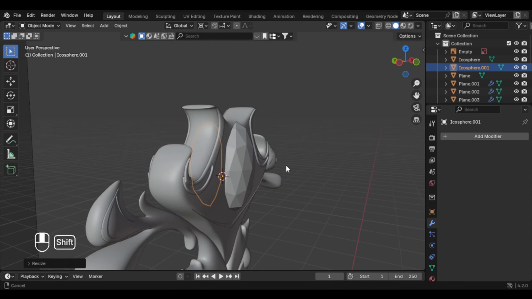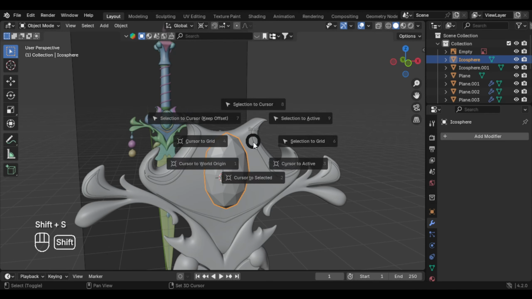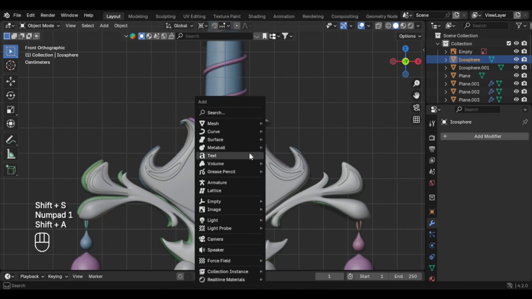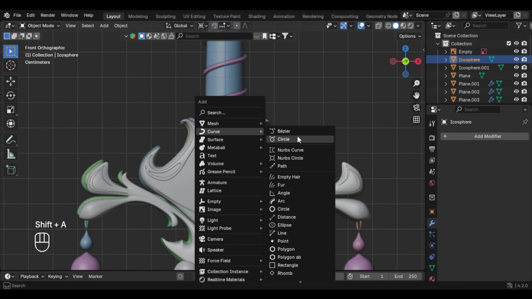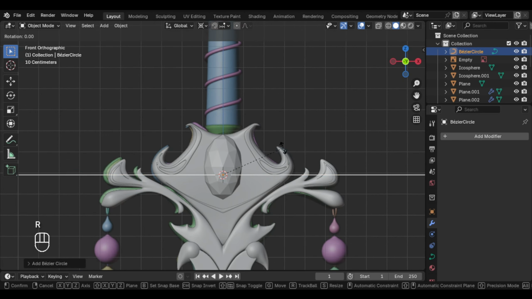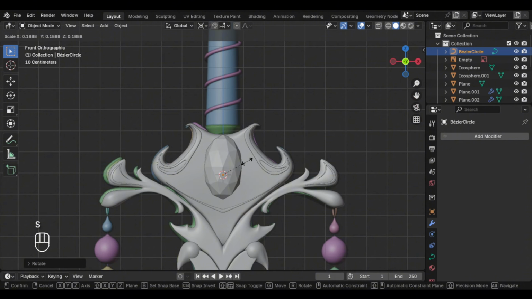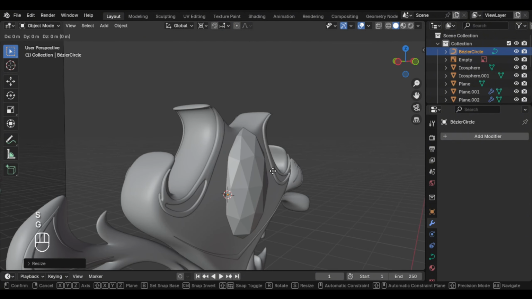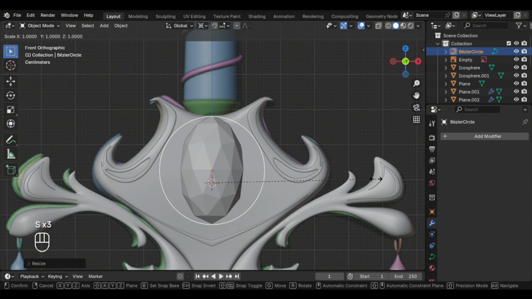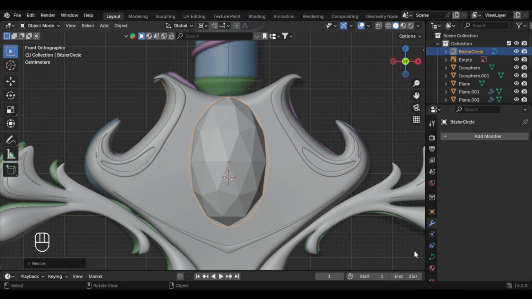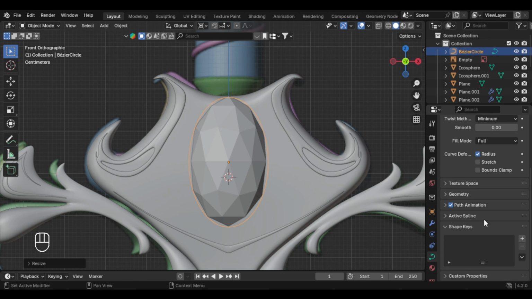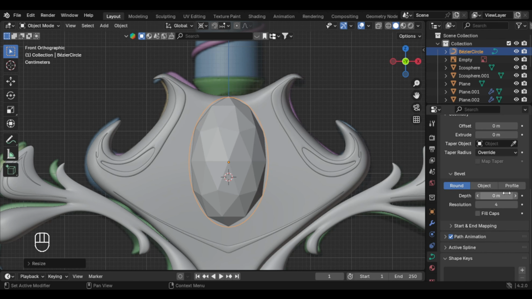And let's make these rings, so cursor to select it, let's go to 1, and we can come here to curve, and let's add a circle, and R to rotate it, so R X 90, and make it smaller, and we have to move it to the front, and S and X to make it thinner, like this. And now we can come to the curve properties and to geometry and bevel, and now we can give it some depth,